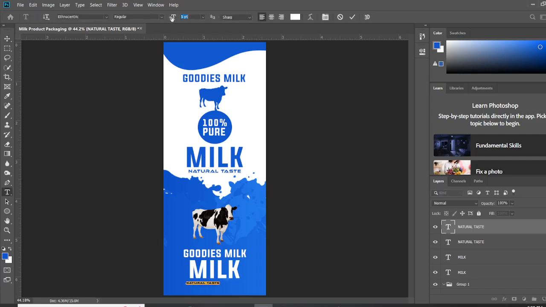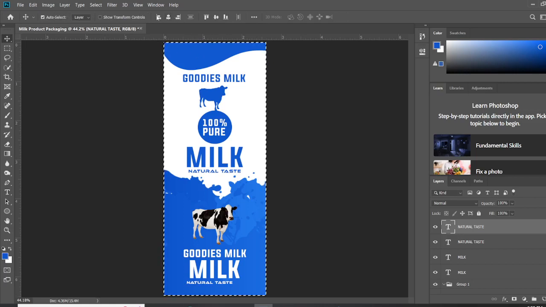Let me just make use of 7. Let me try at 7. Let me see how it is. Okay, click on this. Ctrl A. I want to align it to the center. It's now aligned, okay. Ctrl D to deselect. Okay, it's cool. So the next thing I want to do now is to go over to my text tool